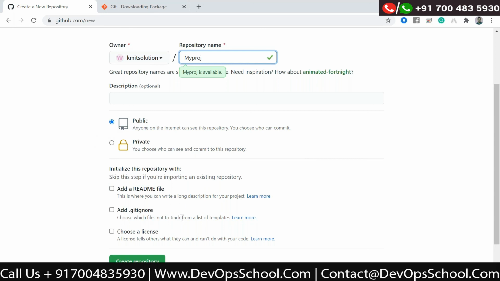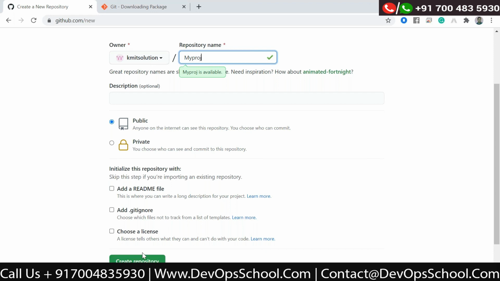Now, if you want to add any of these files, like git ignore, we can put the pattern of the files which we want to ignore. You can put the git ignore file, or if you want to add a readme file, which has the extension .md, or some license related files, you can add them.